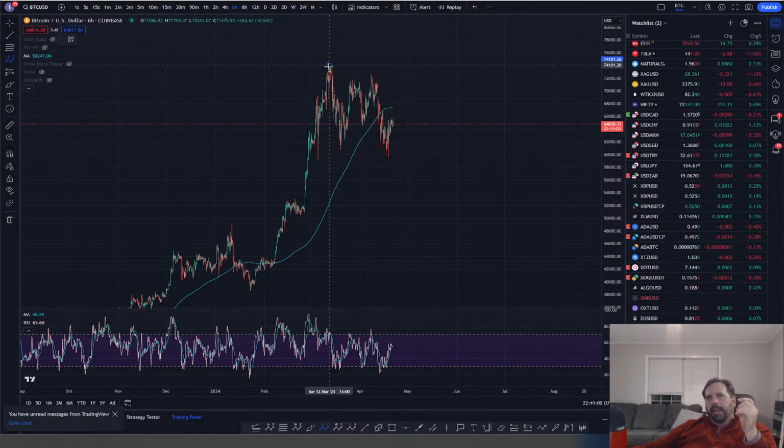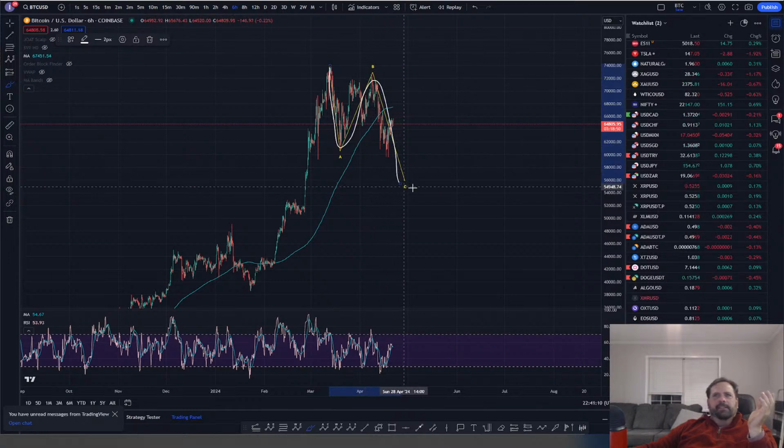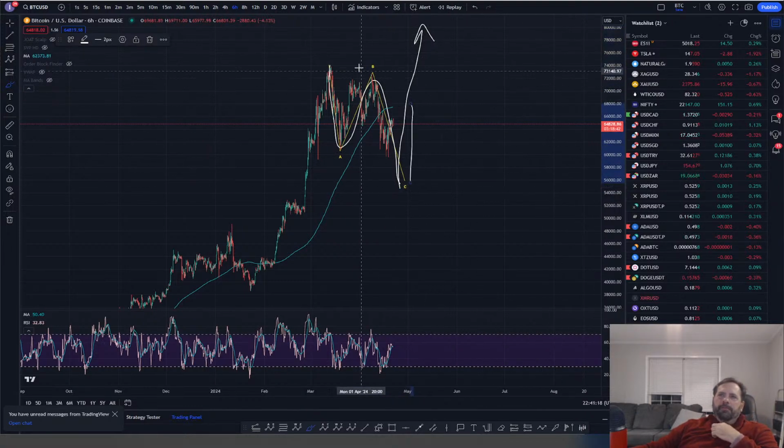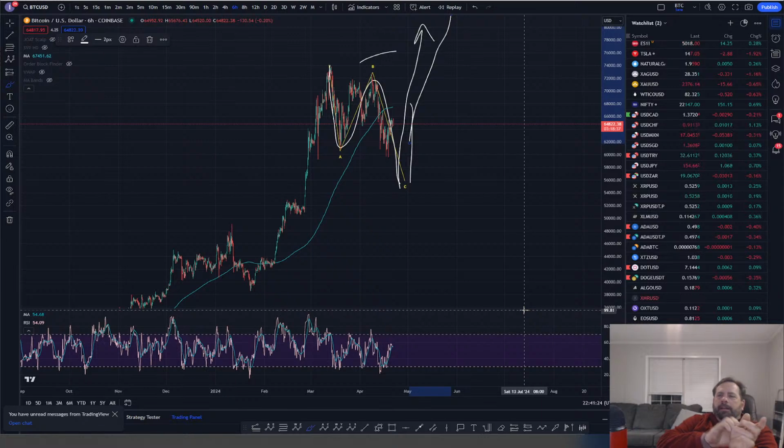Simple, that this is A, this is B, and we need to finish C. And it's going to look much more simple on the higher time frames. It's going to be more just a simple pattern that gets a V-shaped recovery to the upside. That's your bullish look. Okay. So if we get a V-shape that comes and takes that high, I'd be looking for 90K to 100K